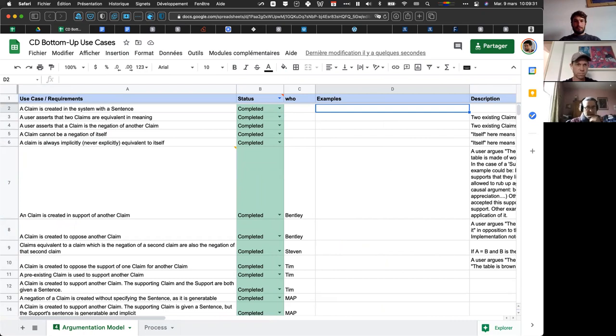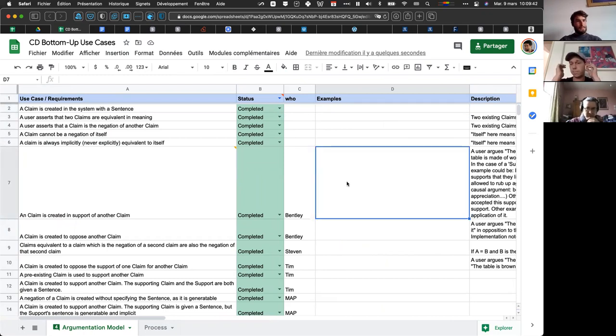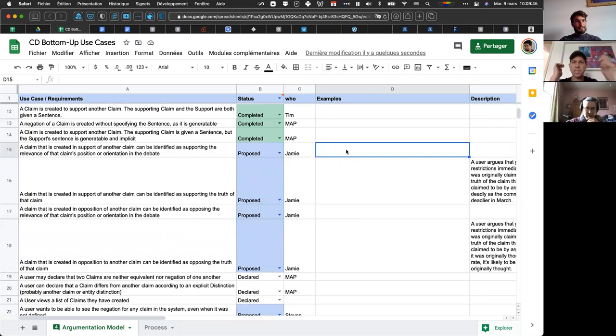Okay, and so the process now is coming up with examples for each of these, for those that are proposed. We don't have to do it for the completed ones. Let's go for the proposed ones, come up with examples for them, and then we can actually choose one. Right? A claim that is created in support of another claim can be identified as supporting the relevance of that claim. So what we want is an argument that supports the relevance as opposed to the truth or validity of